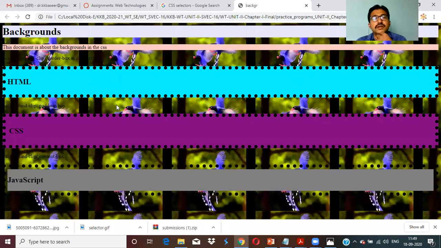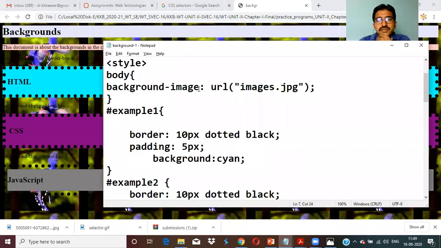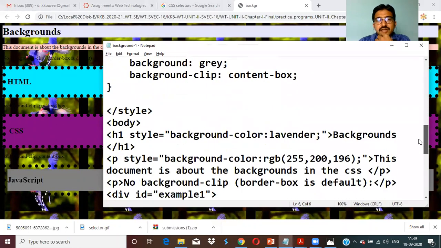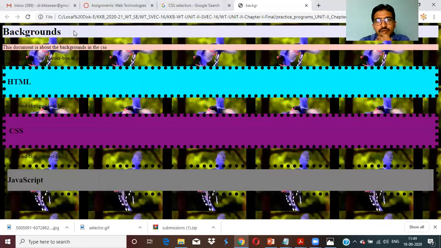Thank you. Now this is the background color we are assigned here. So for images, background, whenever you are using the body tag, the body element, it will automatically be applicable. So the background color, only for the background. For this text, H1, the background color is lavender. Hope this is visible. This is this color, lavender.